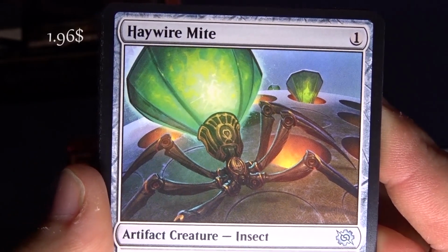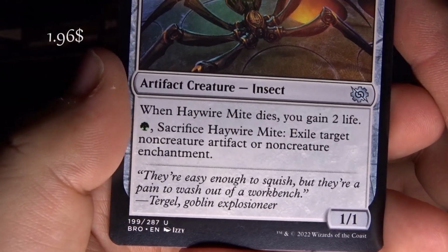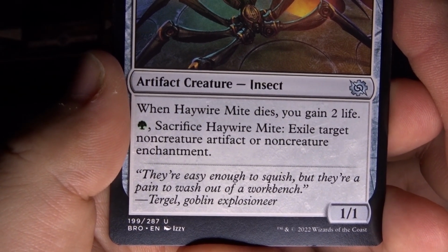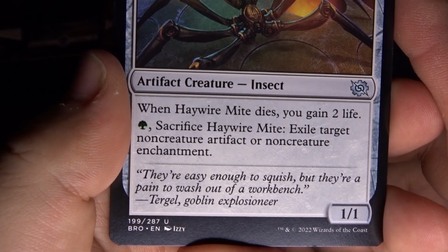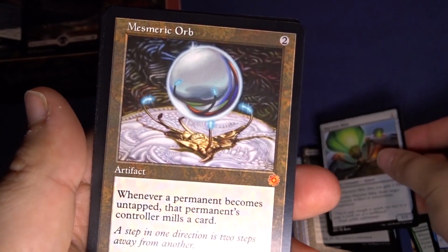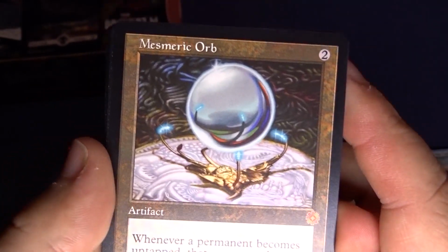Haywire Might, worth almost $2. They are easy enough to squish, but they are a pain to wash out of the workbench. Target Goblin Explosioneer, I guess that's how you say it. Mesmeric Orb,